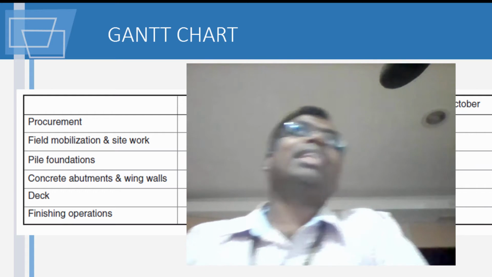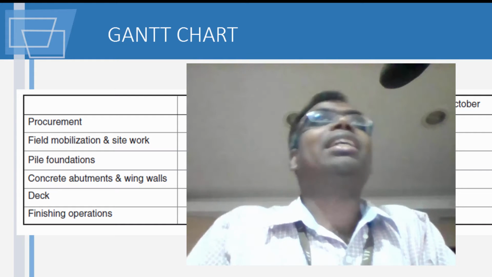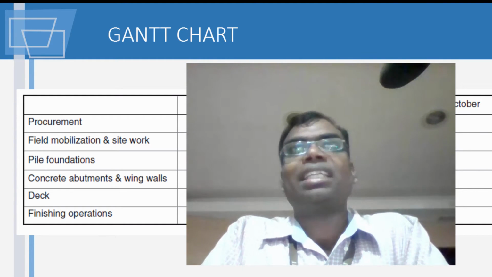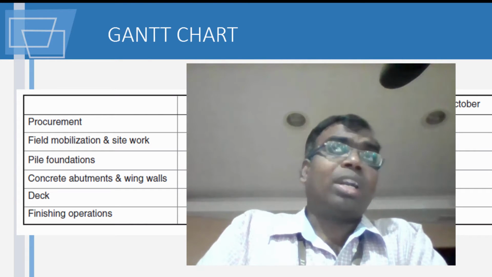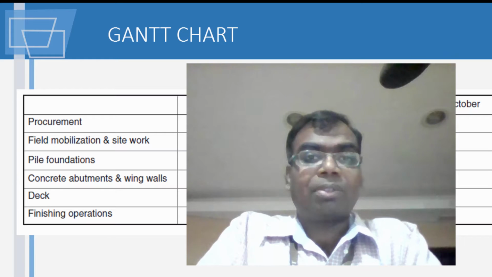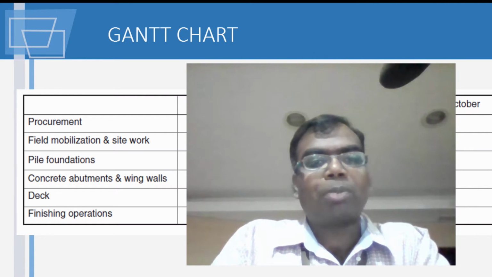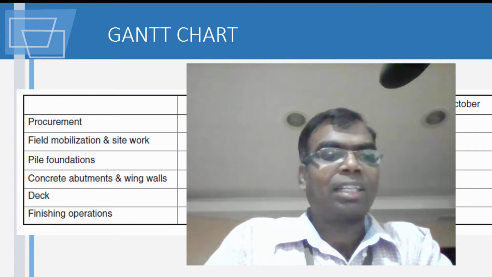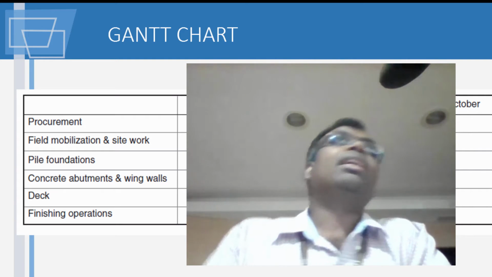Basically, you'll see that irrespective of the organization, irrespective of the country where you work, they'll have a container which they keep, and inside that they set up an office at the site, and then they have some site work. Over and above that, you do some pile foundation. These are some things which they have marked in this one. Here, if you see, procurement goes till August, and the other things are put in terms of time, to get into perspective how work is being done.